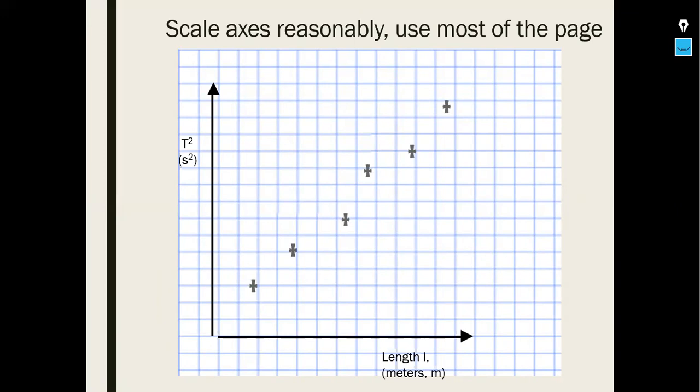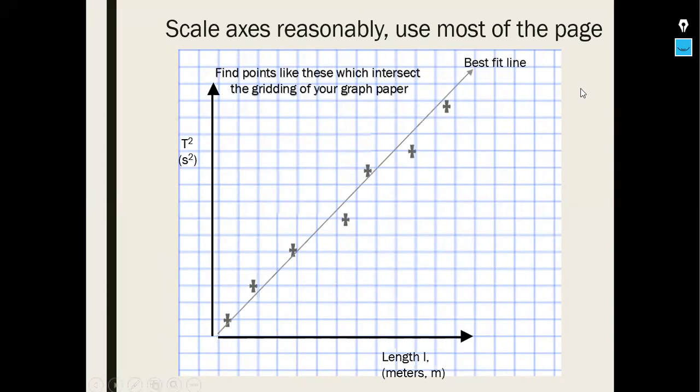So I think we got 1, 2, 3, 4, 5, 6. There's our 7th data point right there. Draw a best fit line that represents the trend in the data. And then find points like these, which intersect the gridding of your graph paper. There's a good point right there that intersects the gridding of the graph. There's another good point down there that intersects the gridding of the graph. So I can read off their coordinates,